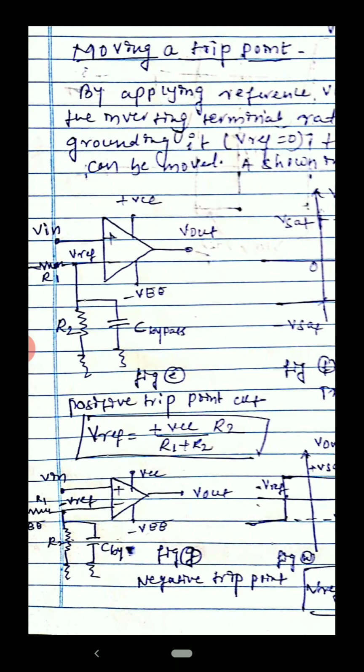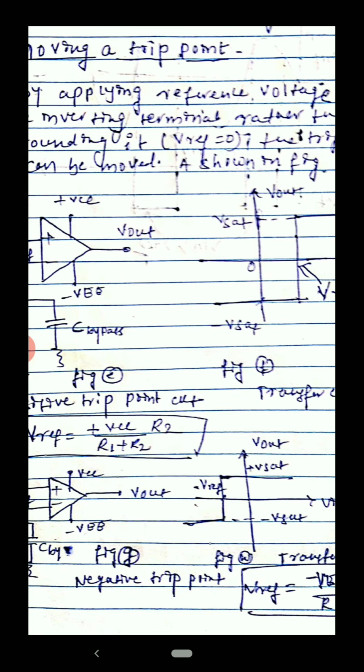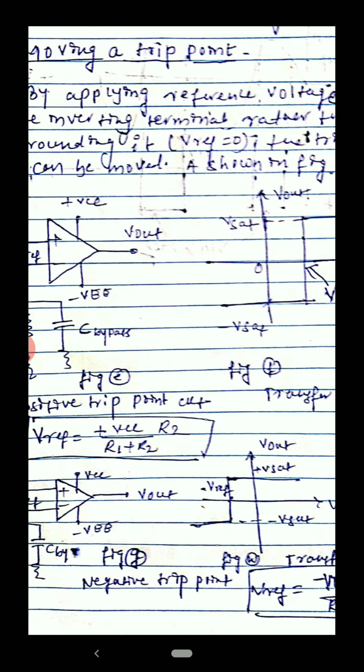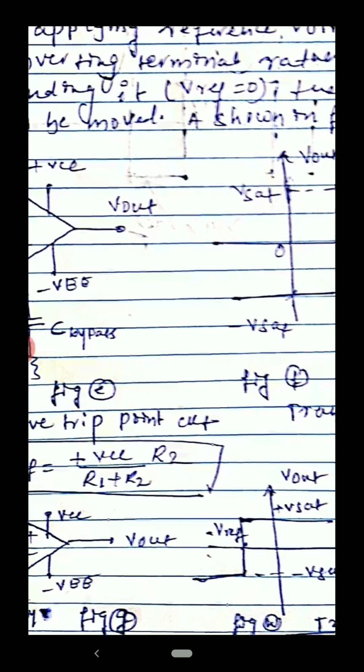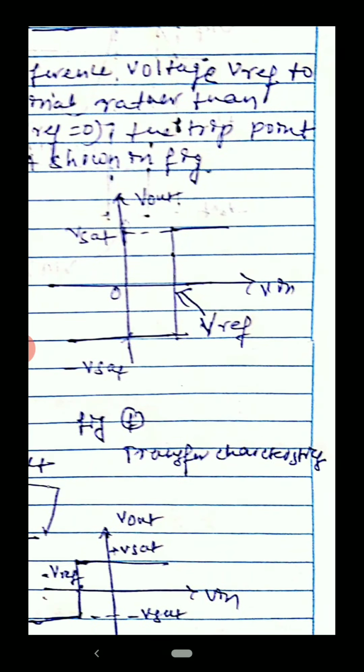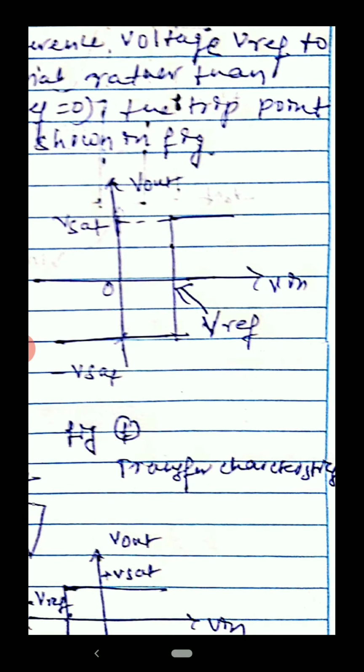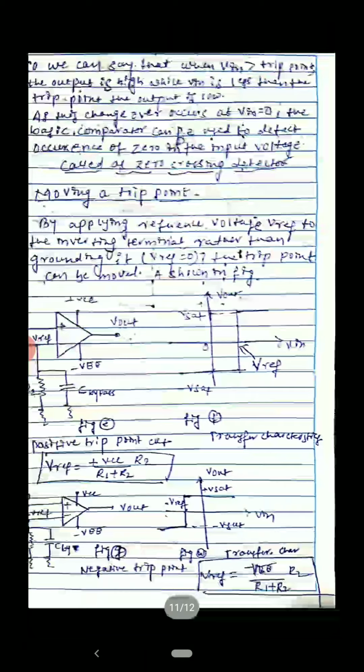That I have written here. You can see V reference is equal to VCC divided by R1 plus R2, multiplied by R2. Now observe, in this case, some reference voltage you can generate by deciding R1 and R2 values. So here you can see the transfer characteristic diagram. Here in this diagram, your output is not changing just after 0. Your output is changing after some voltage, that is V reference. When V input is greater than V reference, your output is becoming V saturation. Fine. So this V reference voltage you can decide by using R1 and R2 resistances.